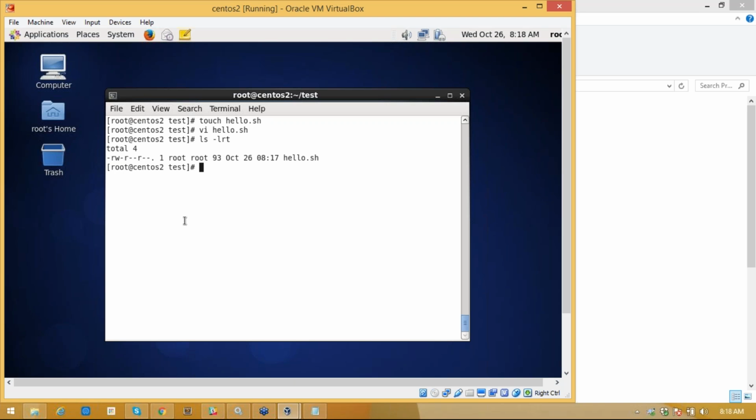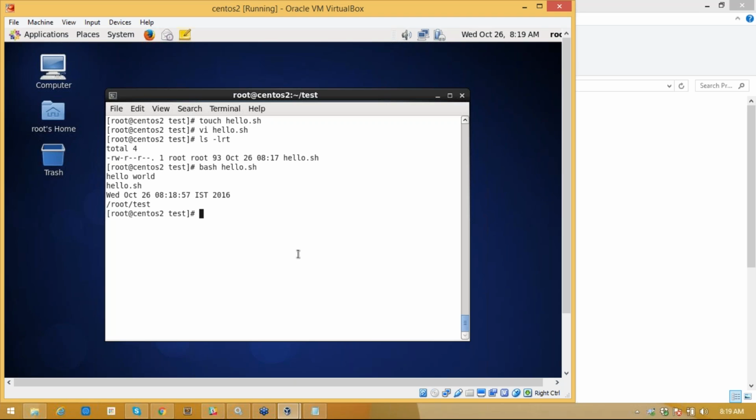But you can execute this script in a different way. Suppose you want to execute it in bash. You have not given any particular shell to execute. I can say I want to execute in bash. I can say bash hello.sh. See that? It prints hello world, then the date, and root.test.